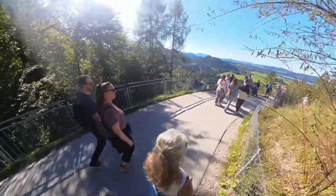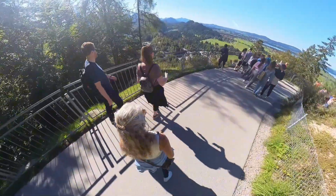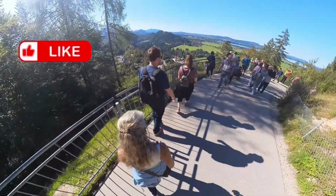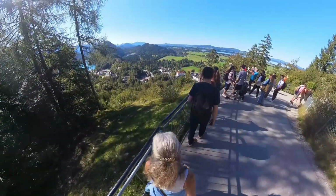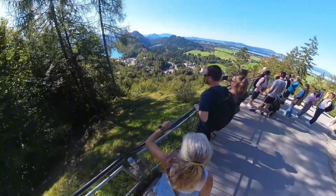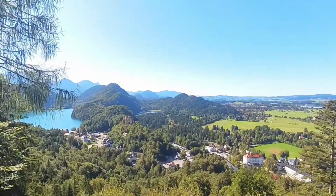We're just heading on our tour for the Neuschwanstein Castle, but first we walked from the parking lot all the way up to the castle. You can take a horse-drawn buggy ride up